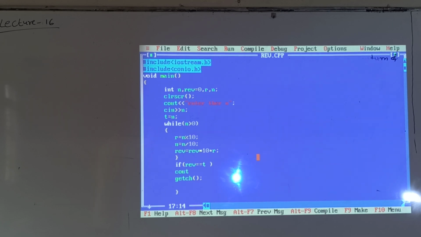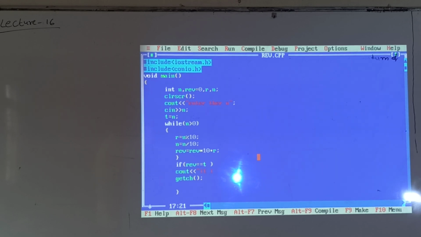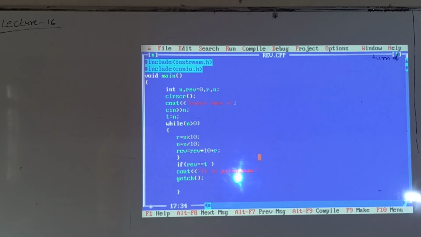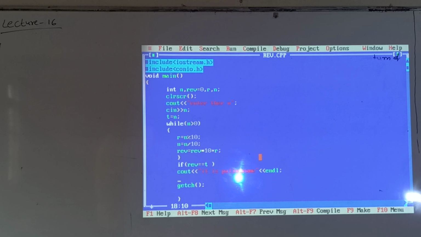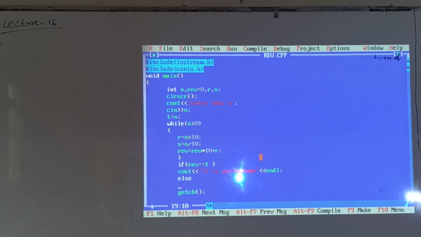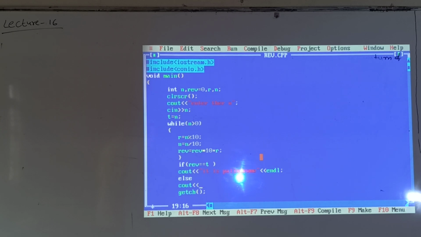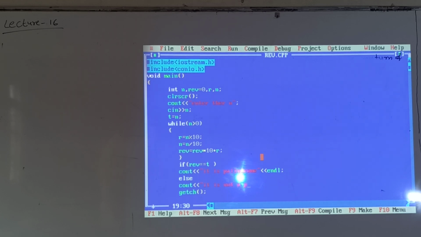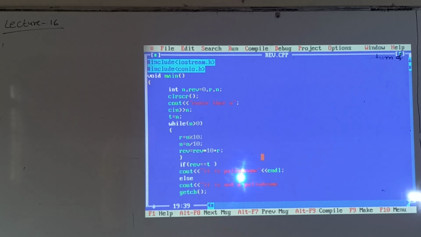next cout, it is palindrome. Else cout, it is not a palindrome. Okay, so next you can